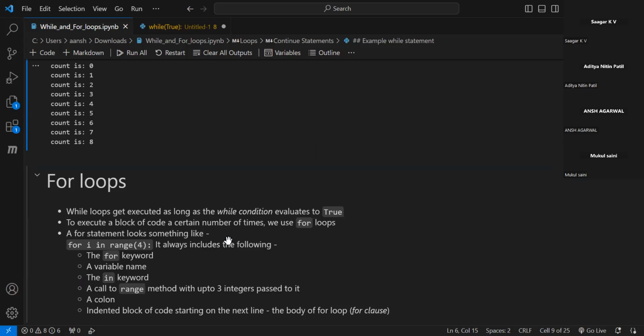कंडीशन नहीं होती। फॉर में बस ये होता है कि हम आगे देखते हैं कैसे वो करते हैं। लाइक हम ऐसे बोल रहे हैं फॉर आई इन रेंज 4, मतलब आई जब तक 0 से 4 तक है तब तक वो लूप चलेगा, इसमें कोई कंडीशन नहीं है, इसमें बस रेंज है, इस रेंज में आएगा तो फॉलो होगा, मतलब हमें बस लिमिटेड नंबर ऑफ टाइम्स उसको फॉलो करवाना है।